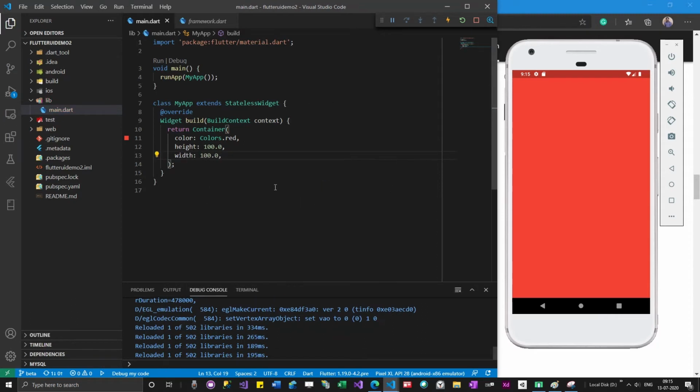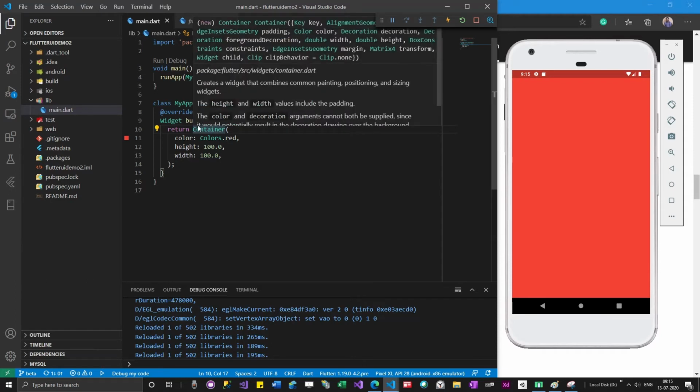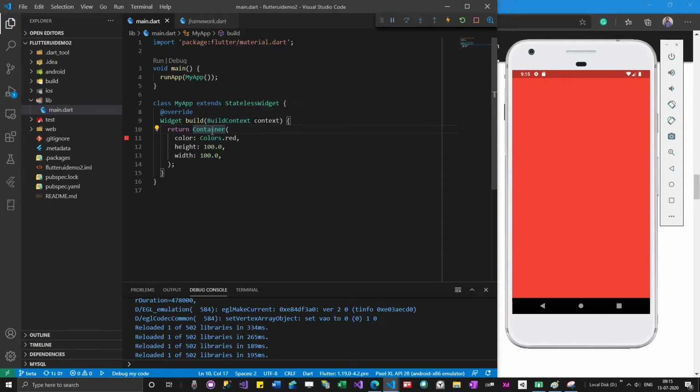So I have given 100 width and 100 height, and you can see that it's not changing anything. That's how Flutter works. When just a container is given, it will ignore some properties. It will not worry about height or width because there is nothing behind this container. So, in order to make the height and width reflect, what you can do is